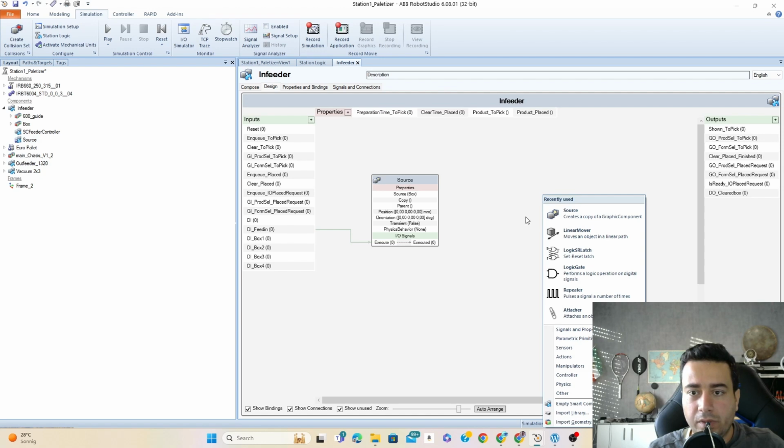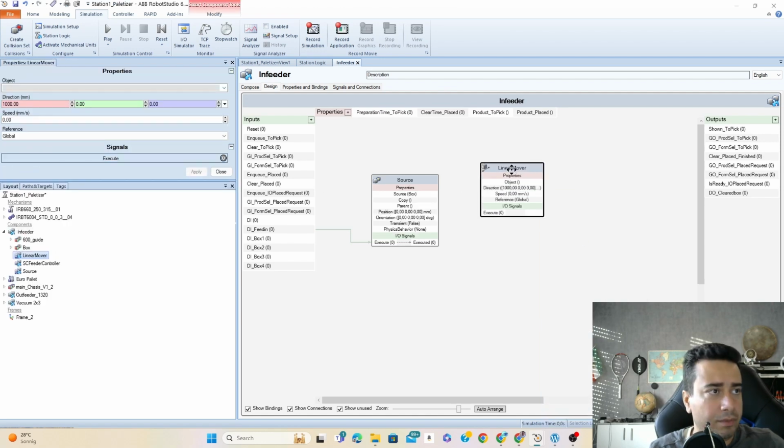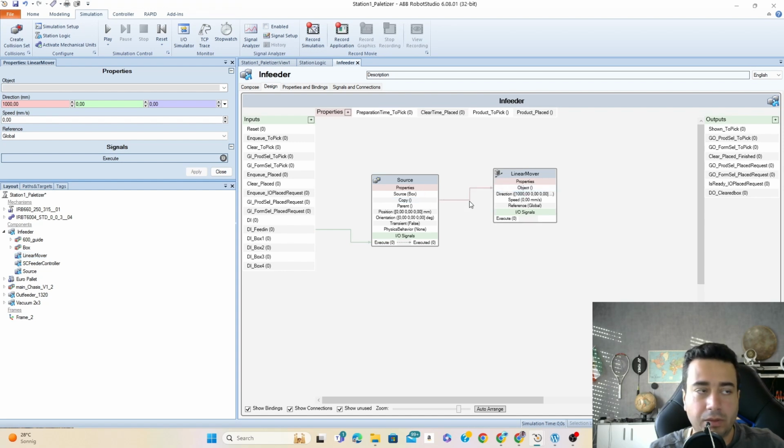So we need a linear mover. So we create a linear mover. And in linear mover, you have to connect copy. So a copy from this source, which is our box, and then to move. So object here is basically a copy of the box. And then, for example, if you click on it, you can here